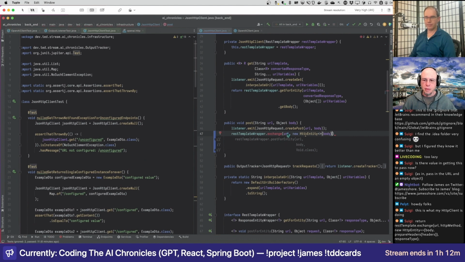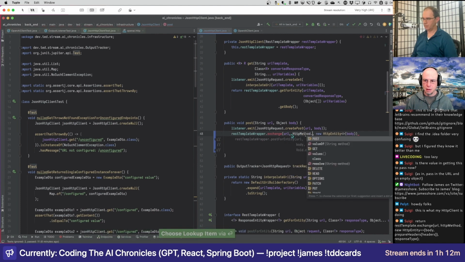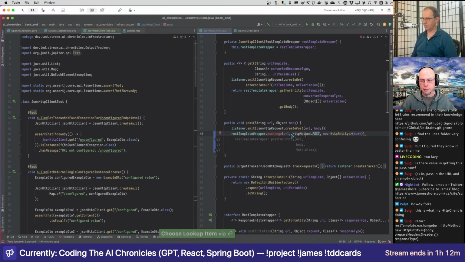And since we're doing a post, we need to specify that as a second parameter. There's an object, so go ahead. HTTP method post. And then the body, and then our response type, which in this case, so